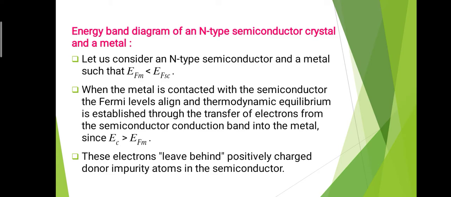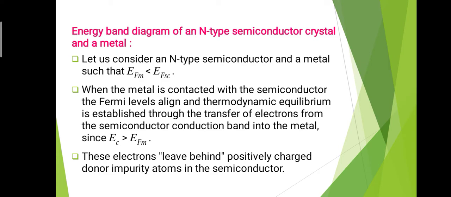As we mentioned in our previous video, we will discuss only the n-type semiconductor. Instead of n-type, we can also use p-type semiconductor, but here we use an n-type semiconductor and a metal, and we take these two materials such that the Fermi energy level of the metal is less than the Fermi energy